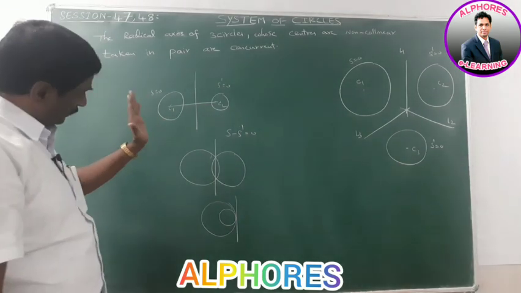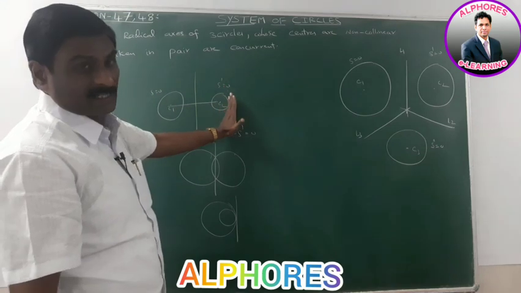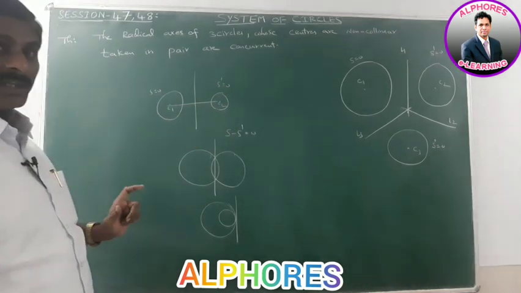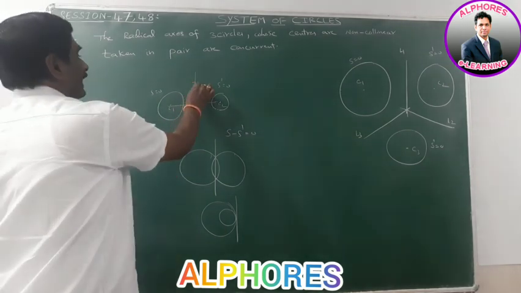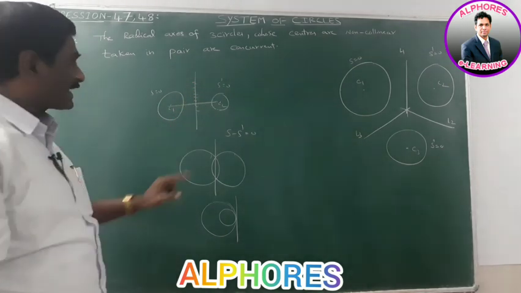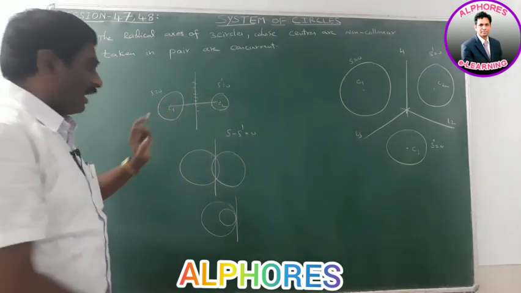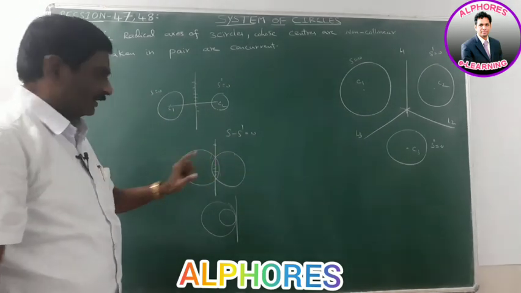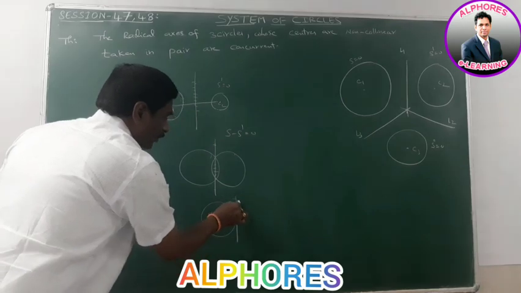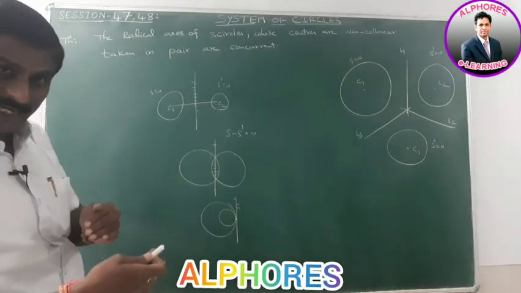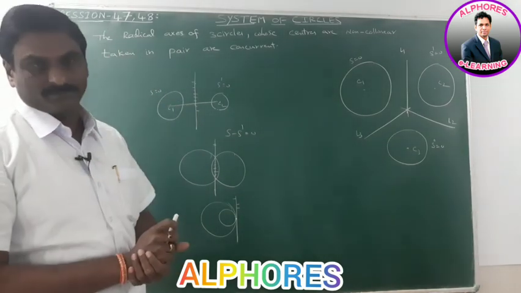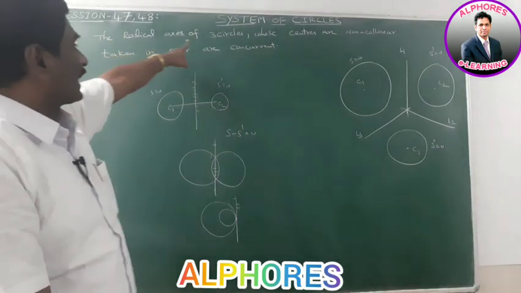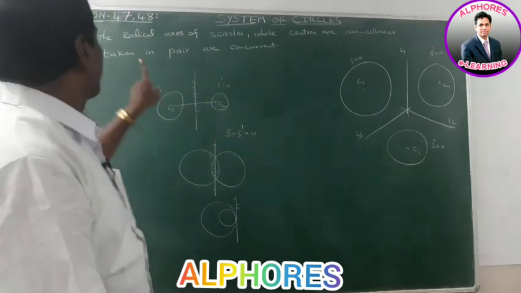Suppose one of the circles is away from the other circle, the radical axis lies in between these two circles. That means every point on the radical axis lies outside of the circle or inside or outside of the circle. Please observe these points. On the circle here, outside of the circle, lies inside or outside or on the circle. Okay?